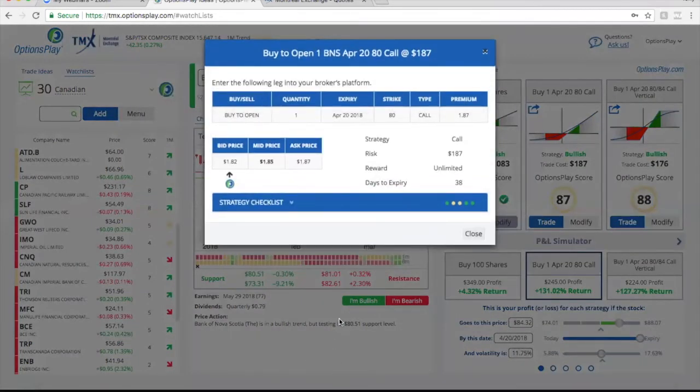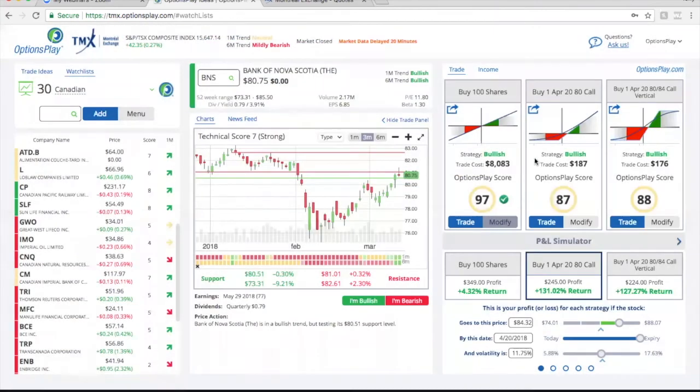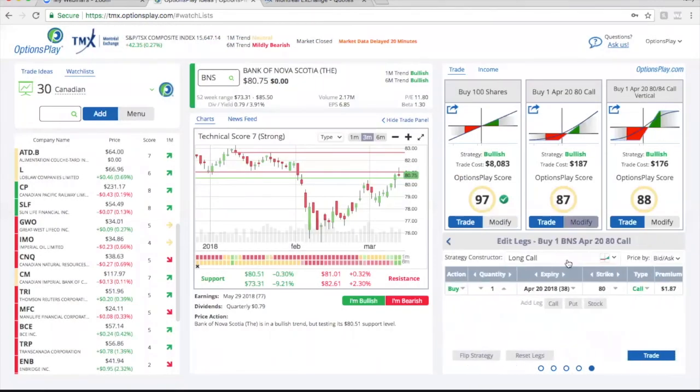Well, are you sure you were looking at the exact same strike prices then? Because you shouldn't see a difference in pricing unless one is delayed and maybe one is real-time pricing. I would always go off of the real-time pricing if it comes down to being delayed. But as long as you're sure that you're not looking at different strike prices, for example, like a 78 instead of an 80. But if it comes down to just timing, then I would always use the real-time prices to decide where you want to place your limit